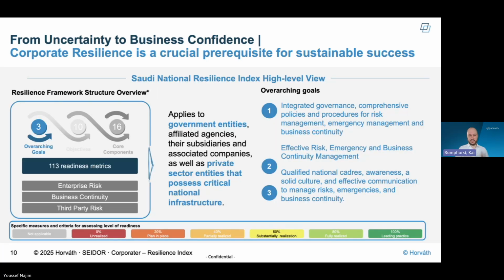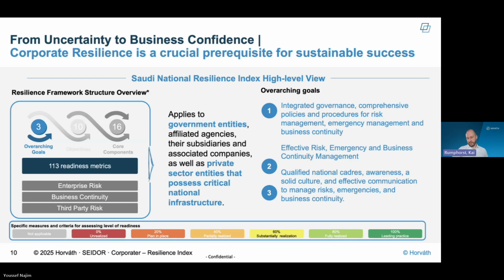So basically, the Saudi National Resilience Index is based on 113 metrics, and those can be broken down and clustered into components and objectives. In total, this applies to government entities, but also to, for example, financial institutions, and the private sector is working more and more with it and has to follow in time.